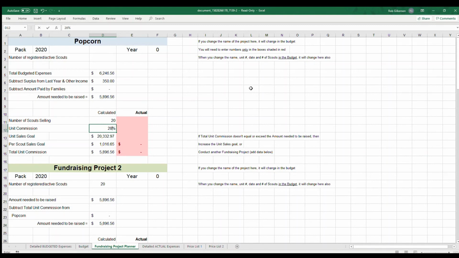And maybe we don't expect getting all the little bonuses for popcorn, so we only get 28%. So right now, that means it does the calculations for us. Each one of our kids needs to have a sales goal of selling $1,000 worth of popcorn. That gives us the total commission of